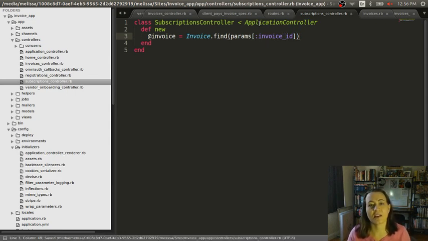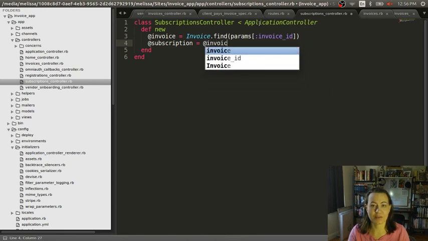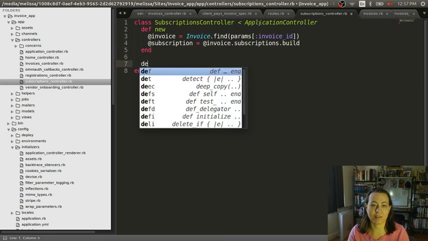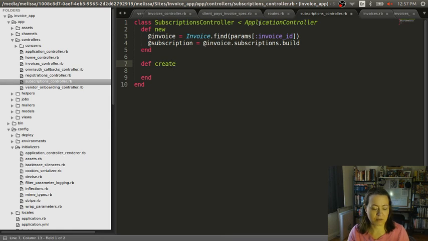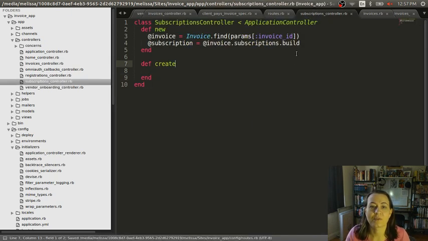All right, and add subscription. Oh, we do need create. We do need a create route. @invoice.subscriptions.build. Right, and we are going to need to create, obviously. All right, let's just get through that part. Let's get through